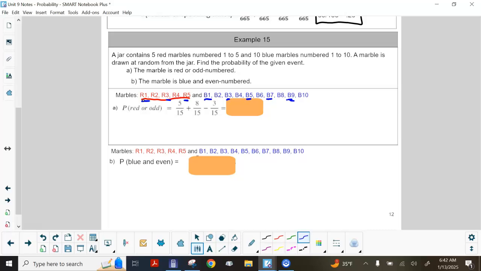And then we have to consider which ones were the overlap. Well, ones that were odd and red, well, that's these guys. So that's why we have to look at how many were the overlap, and that was the 3. So on your fractions, just keep in mind that you have to look at them individually first. So we got the red marble being 5, odd altogether, red and blue odds are 8, and then the ones